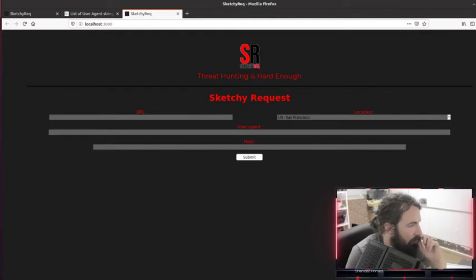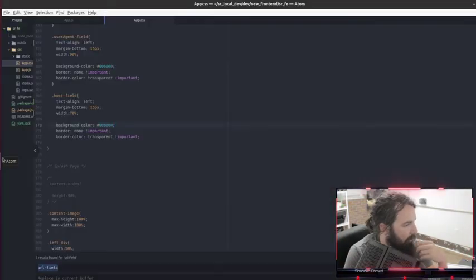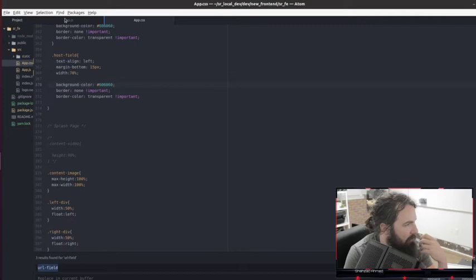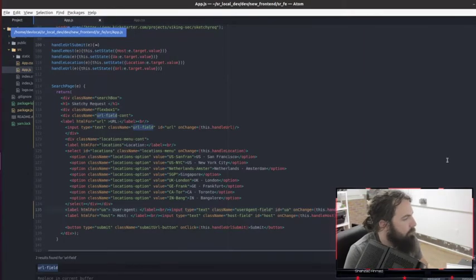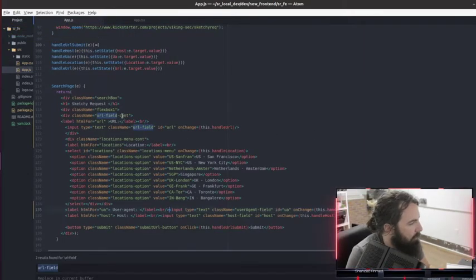So I'm gonna look at design examples and base it off of that, because I don't have any original ideas right now. But until then, we're gonna go and implement that little checkbox. So we're gonna put the checkbox by the user agent, right next to the field.